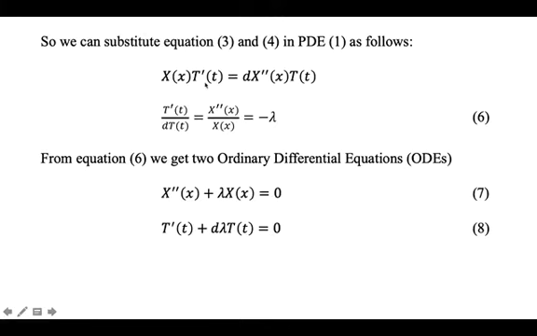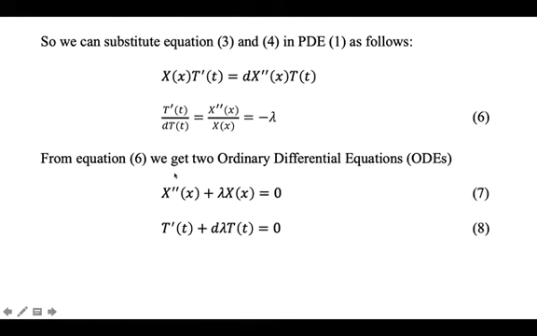We cross multiply the t terms. How do we cross multiply? We take this T dash here and cross multiply T of t and D here, and we hold X double dash of x here and cross multiply this X of x, and when we arrange these we make it equal to minus lambda. This is for getting the analytical solution. All right, so we title this equation 6.